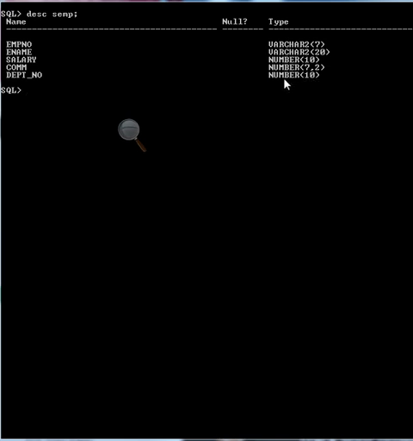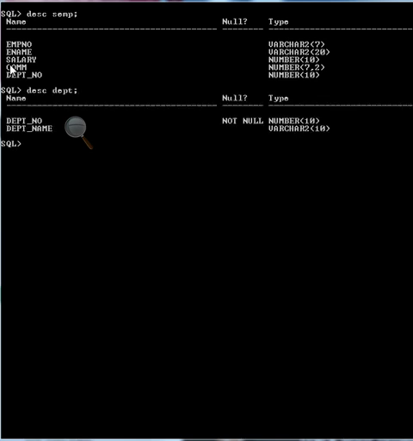Department number type is NUMBER(10). Now let's see the DEPT table: DESC DEPT. This is the description of the DEPT table. In both the tables department number is a column and the type is the same, NUMBER(10).